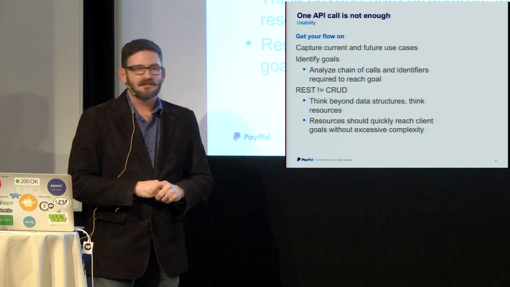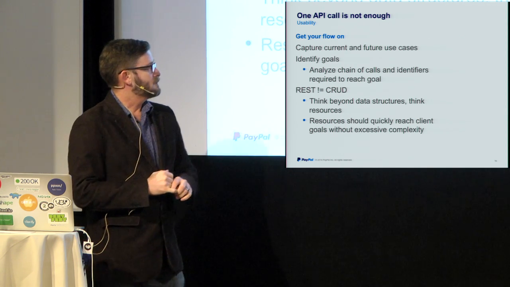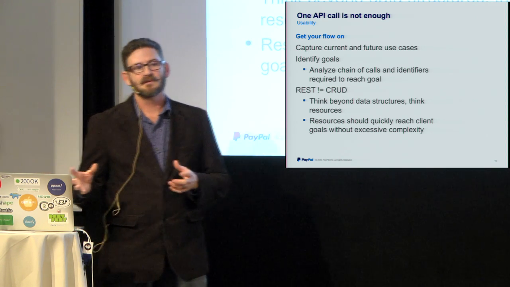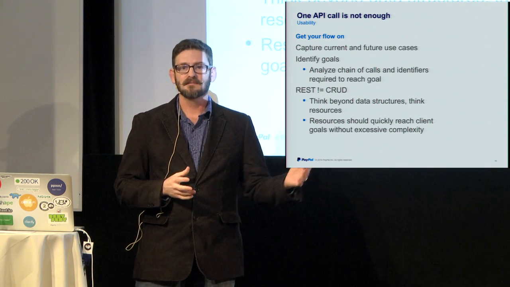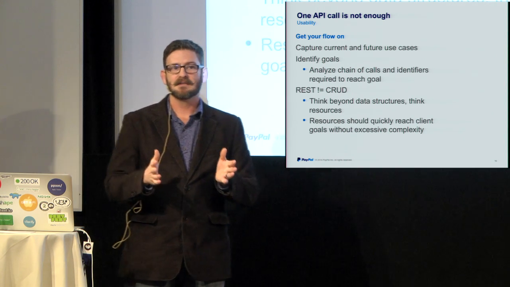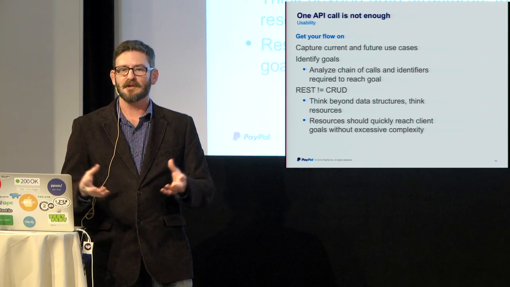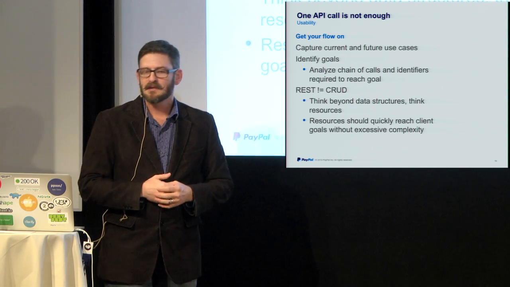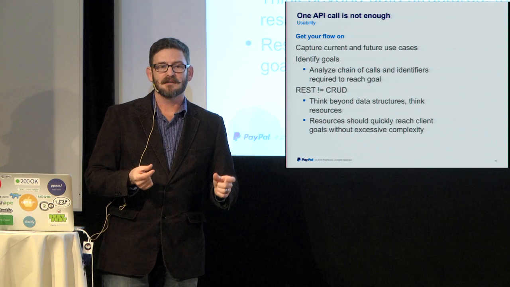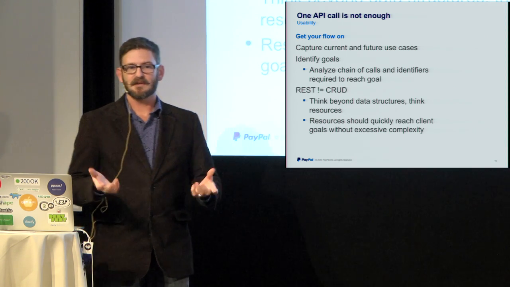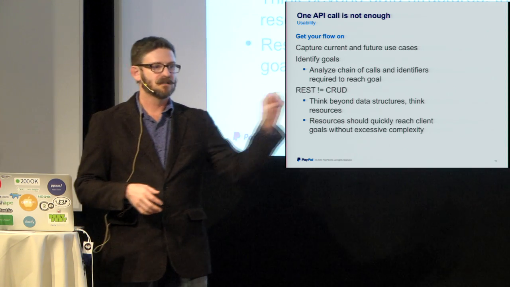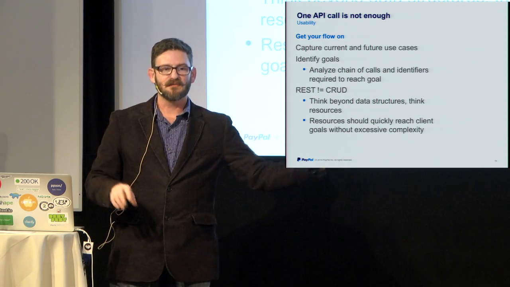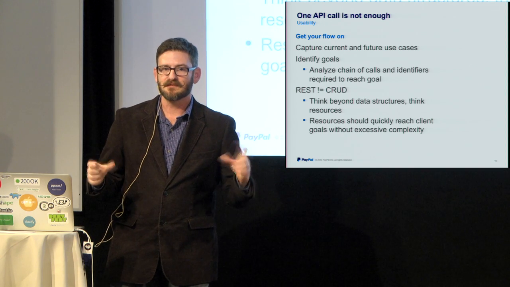The other important piece, and again, an area that I really wanted to work on a lot better, is flow. So quite often, accomplishing your goal, so we're always looking at an API proposal, something that we're looking at building, as being a way to reach a goal, to get that capability completed. Sometimes one call doesn't do it. You have to do a series. I mean, if you look at PayPal's checkout process, you have to go create the payment, go off to the website, authorize it, come back, and then execute the payment. There's a flow in there. And optimizing these flows